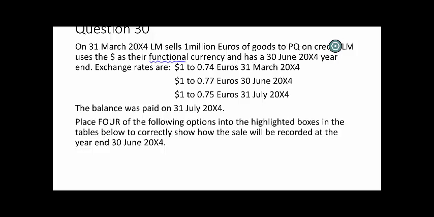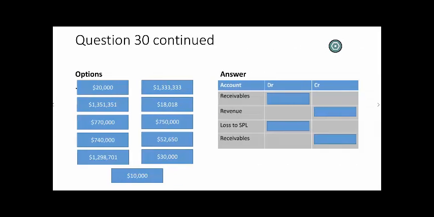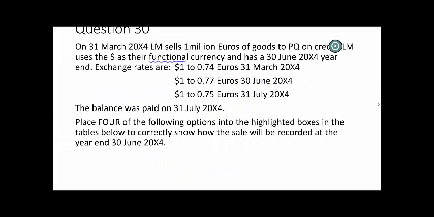What we want to do is see how this would be reflected, and specifically what we need to calculate is what we would do as an initial recognition, so debiting our receivables and crediting revenue with the sale, and then what needs to be retranslated at the year end in terms of any loss to be recognised and how that reduces our receivables balance. So initial recognition, 31st of March X4, would be calculated by taking our €1 million